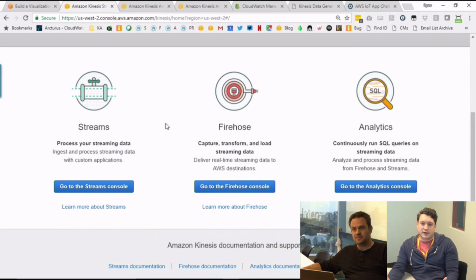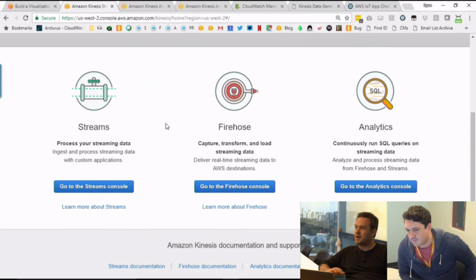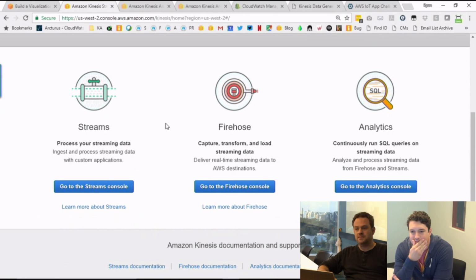So that's one of the key use cases of analytics. It's a lot simpler to express some of these types of analytics in SQL than in some other languages. Does that answer your question, Mark? Yeah, I'm just trying to think around what that means for the AWS IoT challenge. Does that mean that I don't need to run my own compute to do those sort of things?